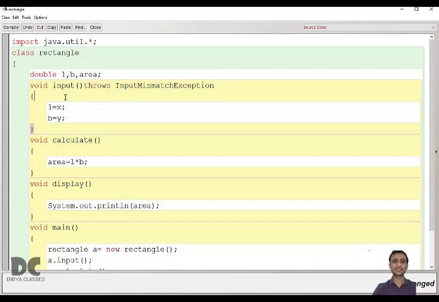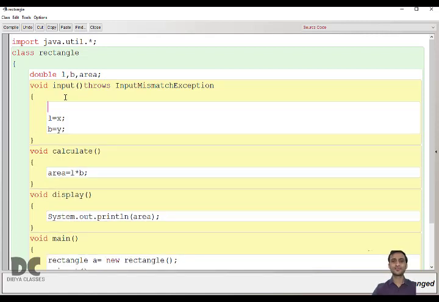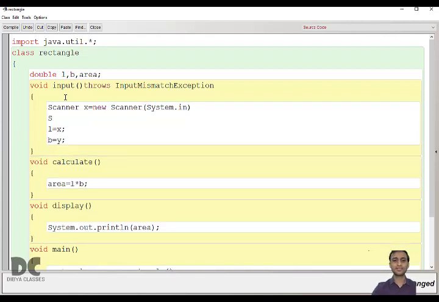So how to take input using scanner? First you have to create the scanner object: Scanner x = new Scanner(System.in). Then you have to write the print statement. Before taking input, you always have to write the print statement. System.out.println, enter length and breadth of the rectangle.